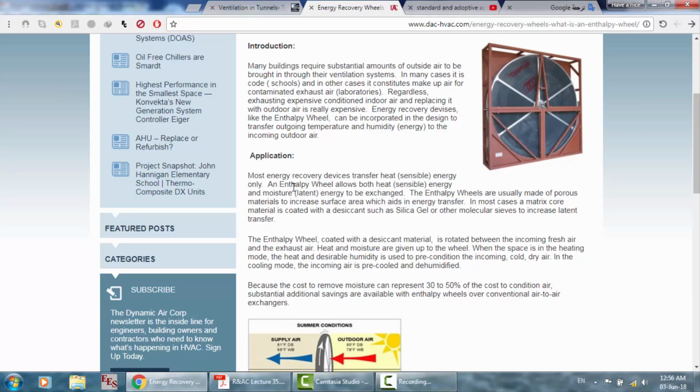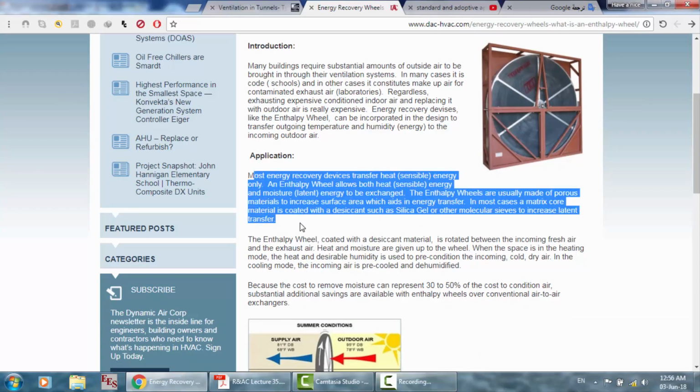For this application, most energy recovery devices transfer sensible heat energy only. An enthalpy wheel allows both heat energy and moisture energy to be exchanged. Enthalpy wheels are usually made of porous materials to increase surface area, which aids in energy transfer. In most cases, a matrix core material is coated with a desiccant such as silica gel or other molecular sieves